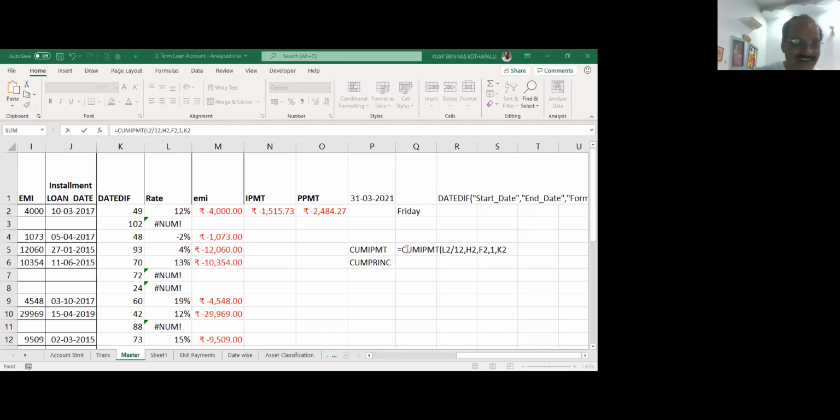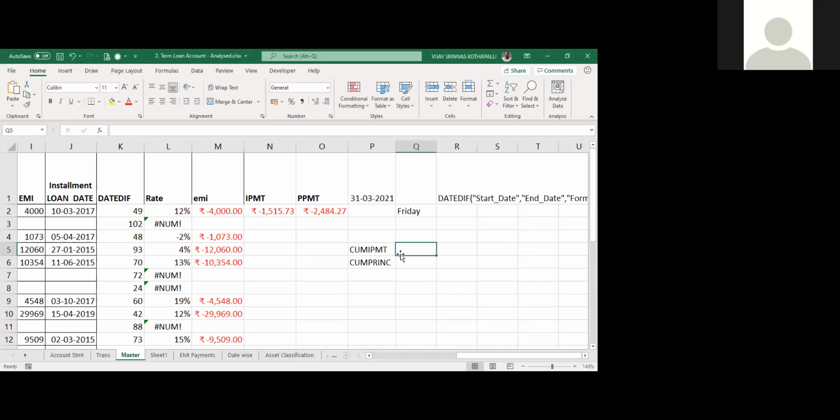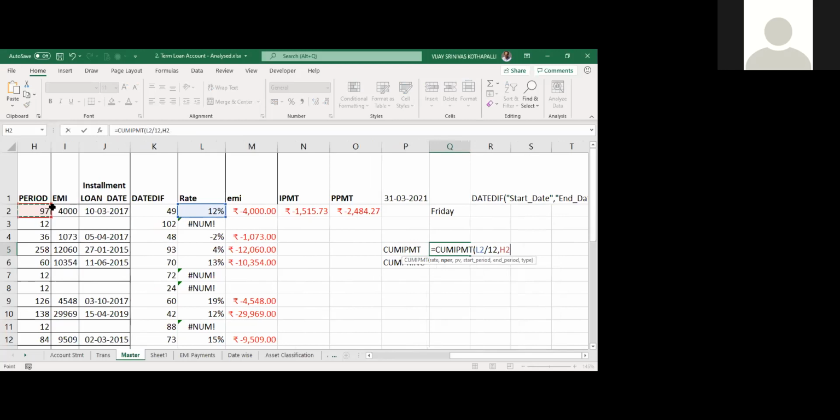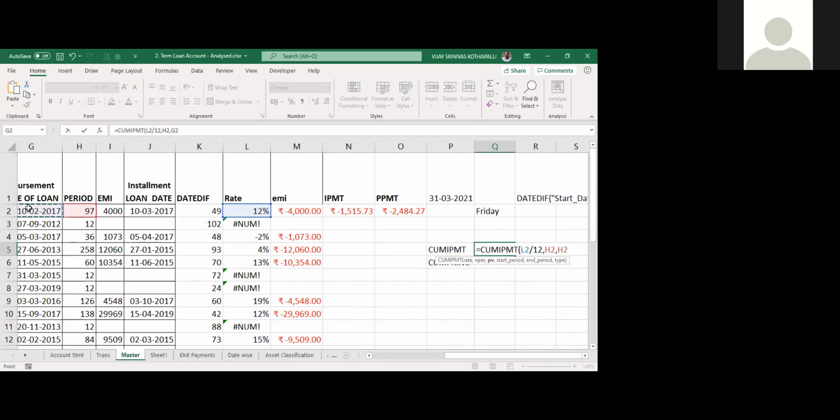So coming back, I believe the screen where I stopped, let me just continue from the beginning. I believe this is where it got a break. So cumulative interest, what we are trying to do is I want to find out what is the total interest the customer would have paid as on this date, because as I said, we are working on a theoretical pay. So I'm going to use CUMIPMT, where I'll use the rate divided by 12, and I'm looking for the period for which the loan has been taken, and the loan amount, that is the present value,